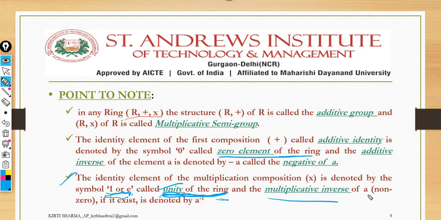So the multiplicative inverse, for non-zero elements only, will be A inverse. What does it mean? If you are taking 3 as an element under the multiplication operation, what should be the value here to get the identity element 1? Of course it should be 1 by 3. Thereafter you get the identity element. So if you are taking A as an element, then what will be the inverse of this? 1 by A, in order to get the identity element. Which kind of identity element? The multiplicative identity element. I hope it is clear for all.